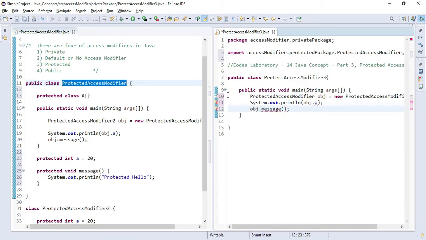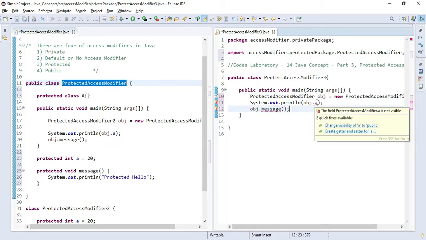As you can see, both of these are giving me errors. Let's go through it. It says the field protected access modifier dot a is not visible, and the same for the method.